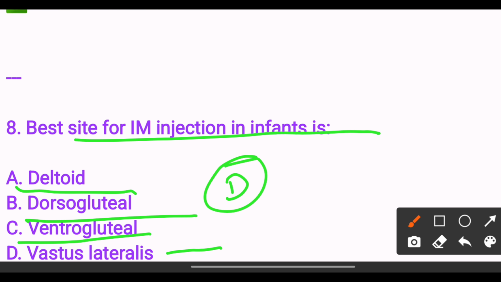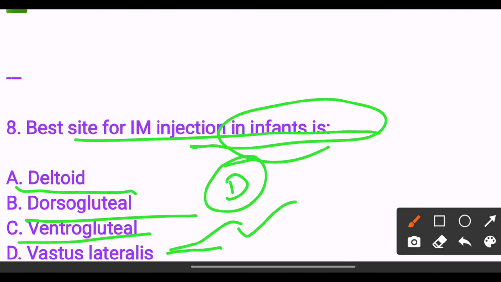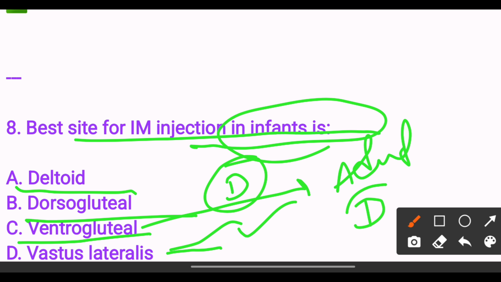The muscle is well developed and free from major nerve injury. So we use vastus lateralis for IM injection in infants, and ventrogluteal for adults. So the answer will be option D. Next,